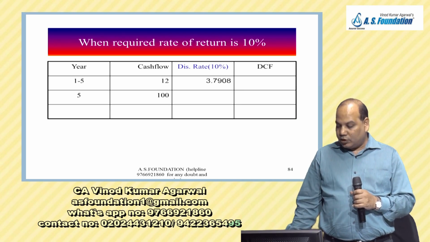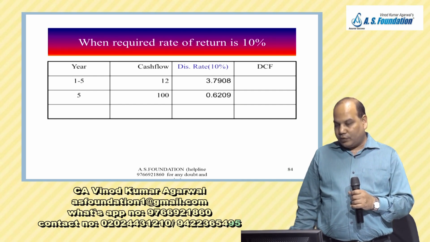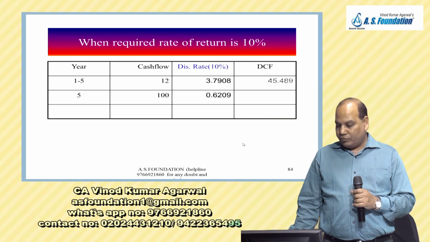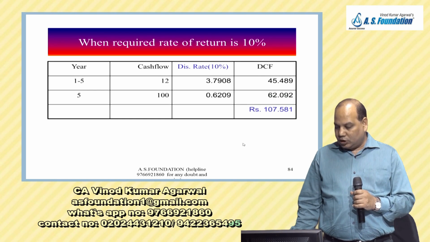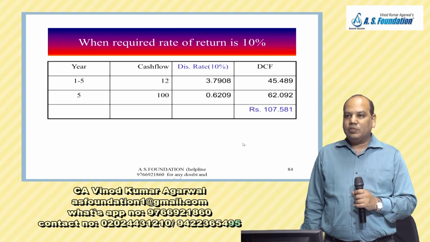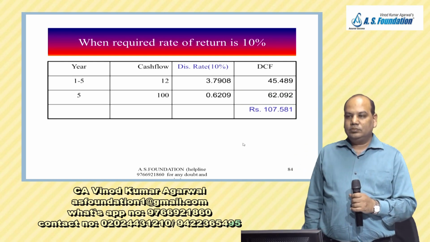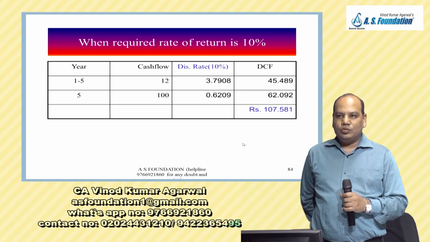So what is the factor you are getting? Just check. 3.7908 for fifth year only. 0.6209. Multiply. Take the total. It should be more than 100 rupees. 107.58. So the question can be if the discount rate is less than coupon rate, the present value will be